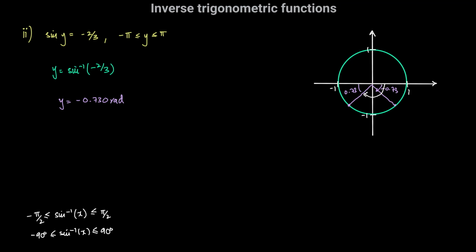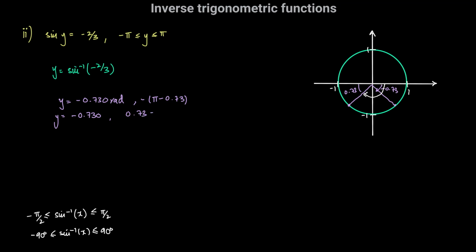So what is this angle here? Well, this angle is pi, that's 180 degrees, pi radians minus 0.73 radians. But it's the negative of that angle, so it'll be negative pi minus 0.73 radians. So therefore, the values of y are equal to negative 0.730 radians and